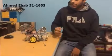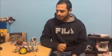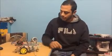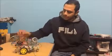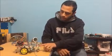Firstly, we bought this car, but it was small pieces. We firstly gathered it just for the case of testing. Then after that, we tried to assemble it in order to pass all the wires and everything. It has two main wheels and two motors, and the front wheel just for the direction. Also, we put the breadboard